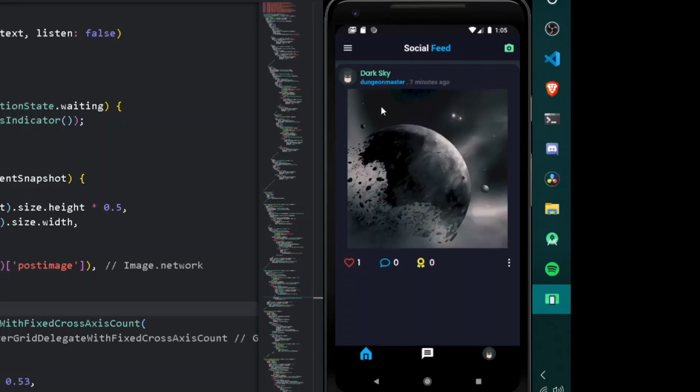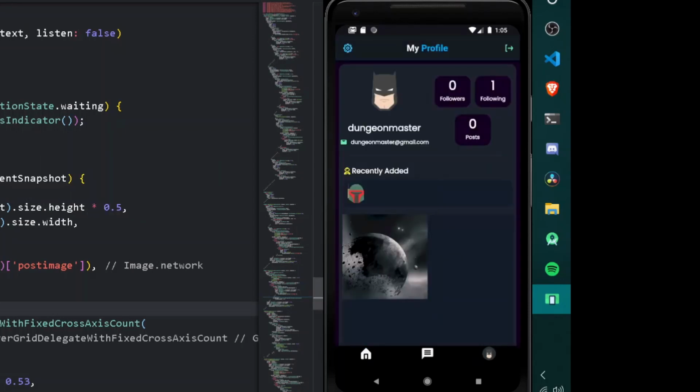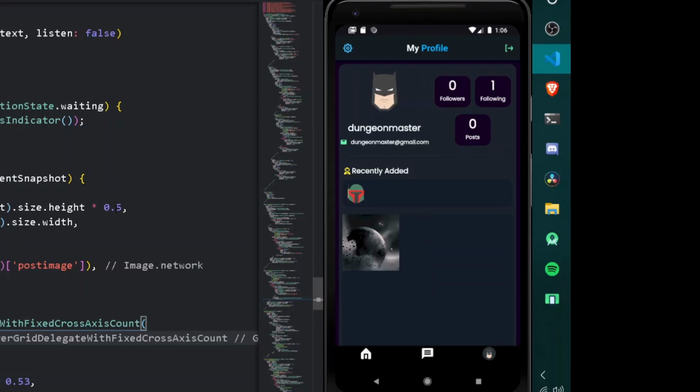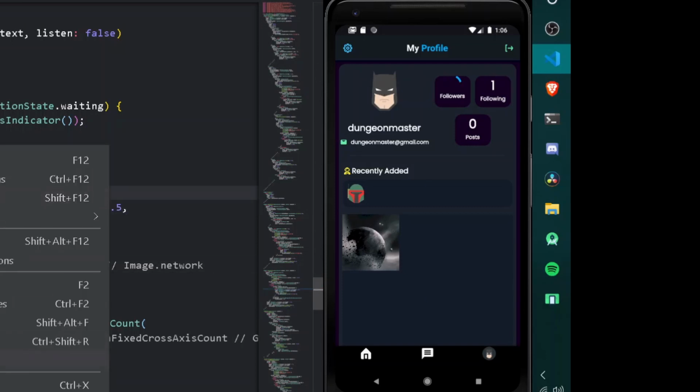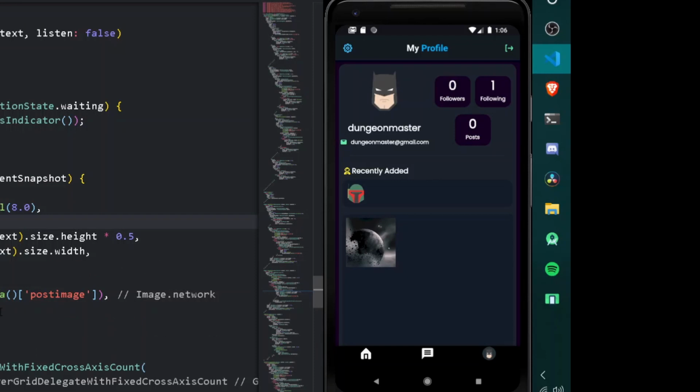If you observe here, we have a dark sky; we have successfully fetched all of the data from a particular post of the user. So now we can simply do one thing: instead of having cross axis count to be true, we can have a 3-1, easy. And after that, let's have a somewhat bigger height of 0.8. Now let's have some padding to our entire container. Cool, so we have done a great job for today.